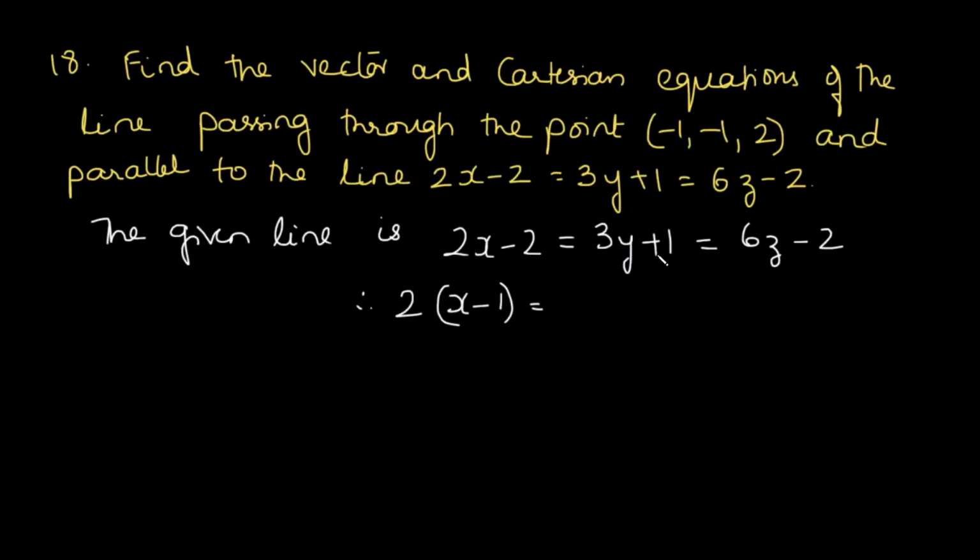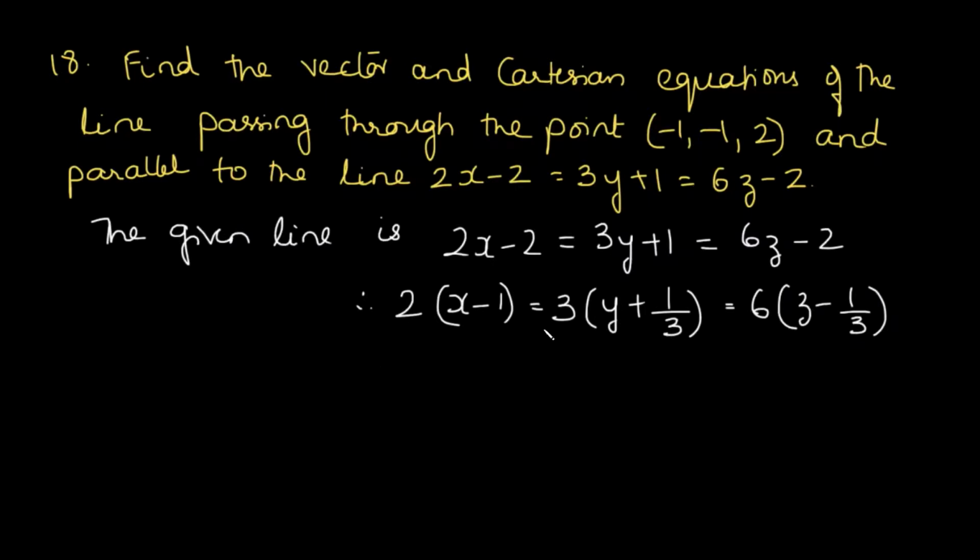In this case, in the second equation, we take 3 outside the bracket. So we get y plus 1 upon 3. See carefully, understand how it is done. In the third case, we take 6 outside the bracket, and therefore we get z minus. Now when we divide 2 by 6, we are going to get 1 upon 3. So z minus 1 upon 3 is what we get over here.